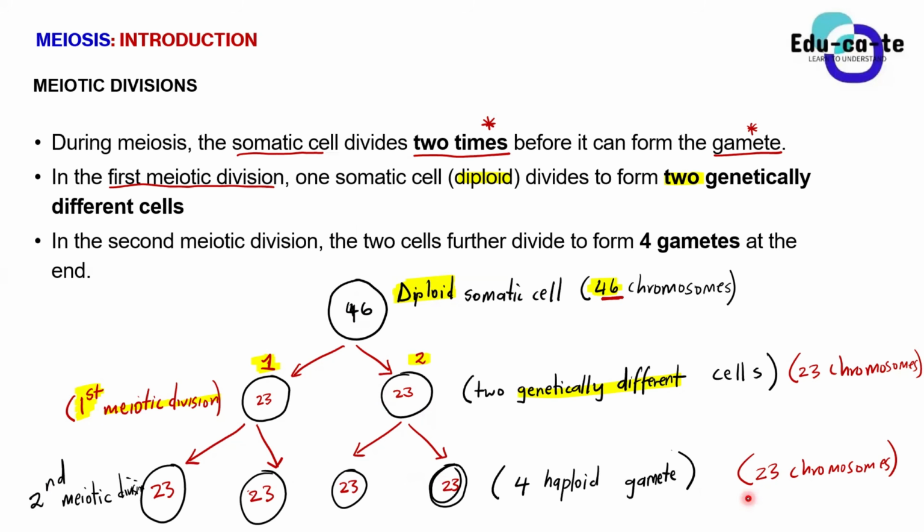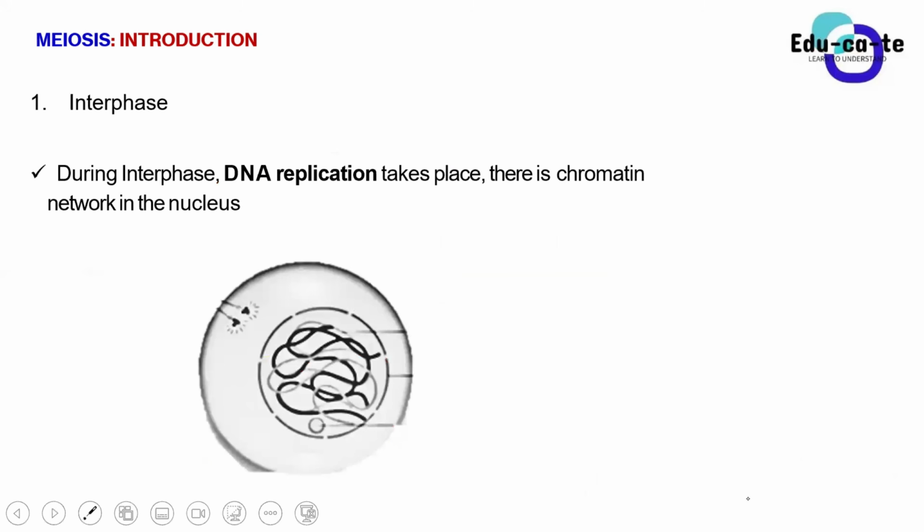as we go and sleep. When we come back, we'll do the stages of meiosis, and I think it would definitely make sense to you why 23 is there. But just to give you a glimpse, the first phase that we don't really talk about that much is the interphase. Just know that the first phase, before the cell starts dividing, is known as interphase.